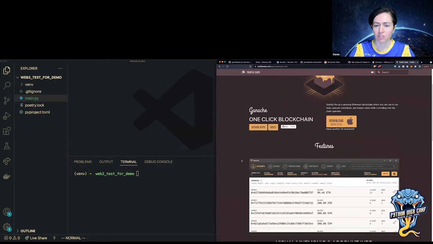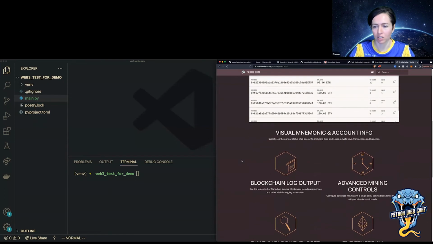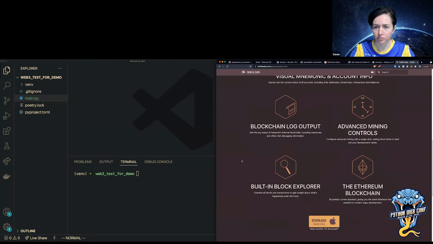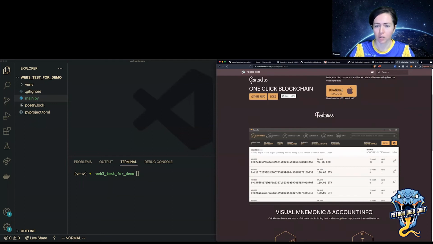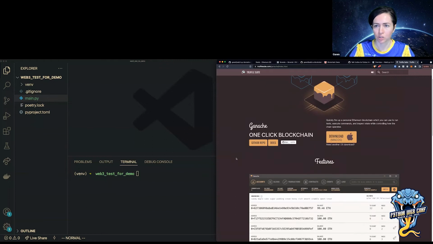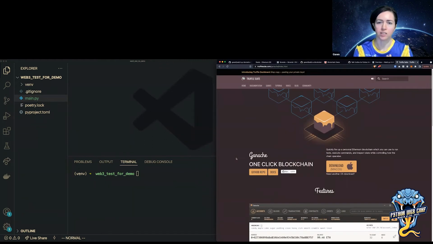Basically Ganache is a JavaScript implementation of the Ethereum blockchain. And it gives you a lot of tools to test and build blockchain solutions locally.